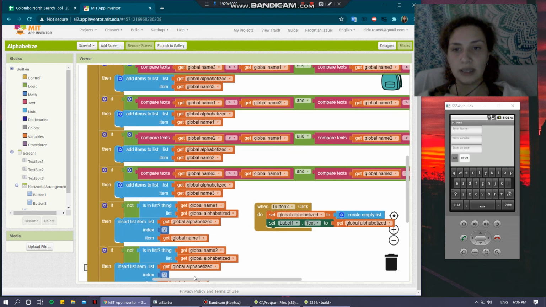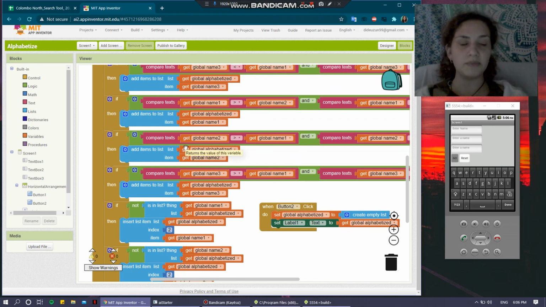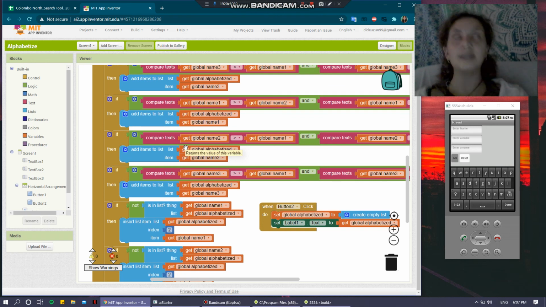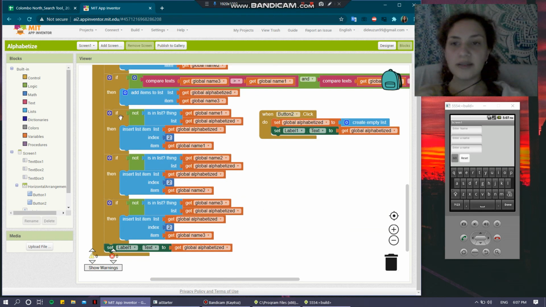According to that, it will select which item is going to be the last item, and which one is going to be the first item with this block. And after that, it will check for